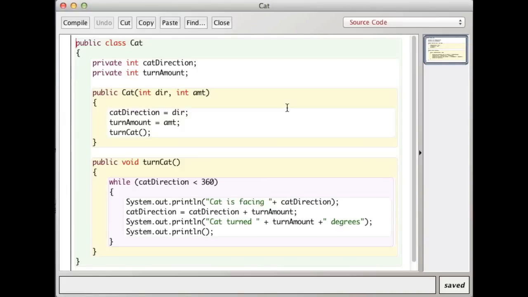So hi there. In this short video, I'm going to go over most of the things that you need to know for your upcoming test on Java. So we have here the same class that we used in the previous video about transitioning from Scratch to Java. And so I'm just going to go through this class, identify the parts of it,